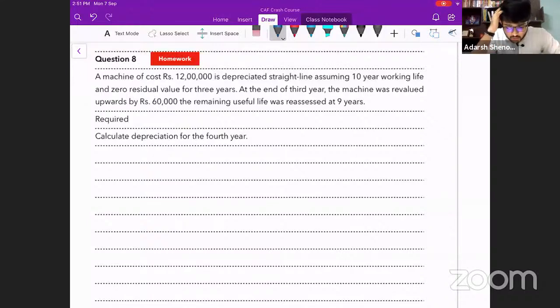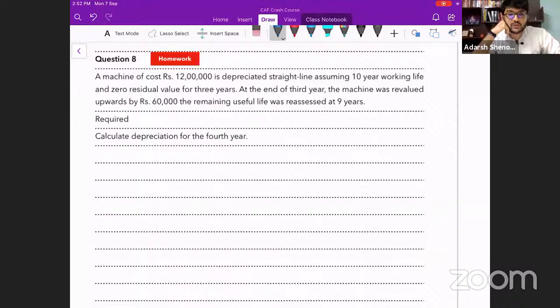Can you tell me how many years have we charged? First of all, what is the depreciation per year? Original depreciation per year? 1,20,000. How many years have we charged that depreciation? 3 years. 1,20,000 into 3. 3,60,000. So what is the book value